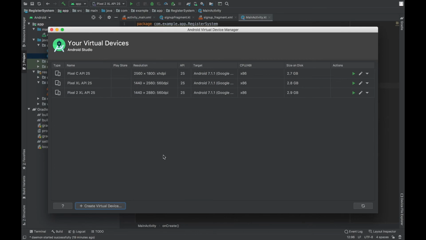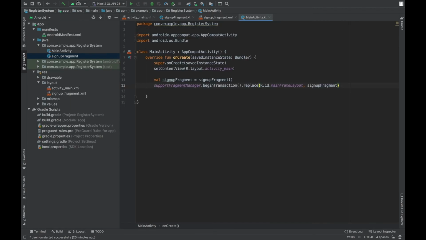Now before starting this application on the virtual device, I am going to format this device. I am going to click this arrow button and wipe data to completely format it. So I am going to click this run button to run my app, and that is going to run on the Pixel 2 XL API level 25 Android virtual device.